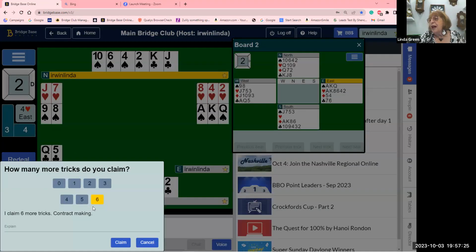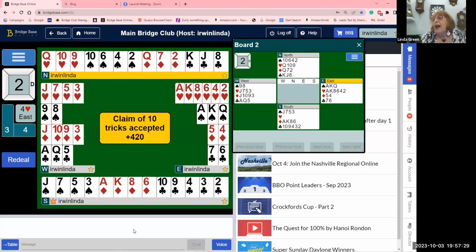So we're learning tonight about attitude on the opening lead of the ace from ace king. High, I like it. Low, stop. Let's do something else. And that's on board 2. Any questions? Yeah, Linda, why